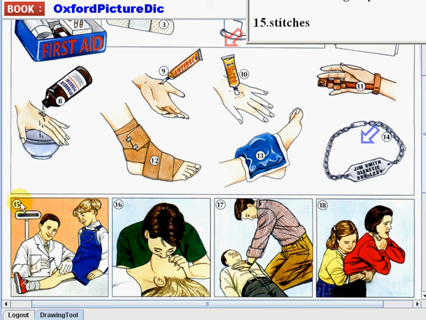Like stitches. Okay, in number 15, this is what we call stitches. And then, in number 16, rescue breathing. Rescue breathing. Alright. And in number 17, we have the CPR, or what we call